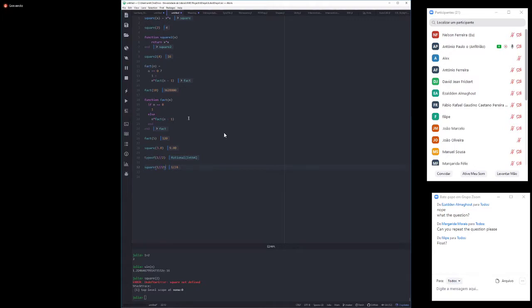So, in fact, all of these are more or less the same as writing them like this. And now this looks more like a method. So this is the syntax, these two colons, this is the syntax in Julia to specify the type of the parameter. So what this means is that the square function is expecting values of